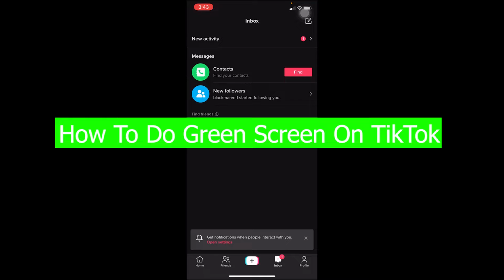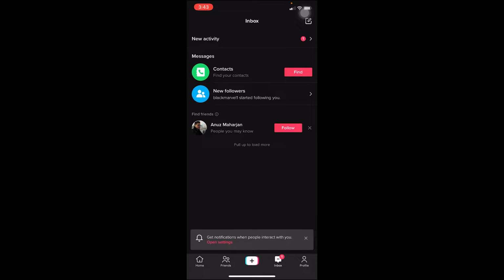And in today's video I'm going to be showing you guys how you can do a green screen in TikTok. So there's an effect called green screen, and TikTok has also separated the column for green screen effect, which made it easier to find green screen effects. And there's tons of green screen effects on TikTok. You can choose whichever you want, but I'm going to be showing you the one which most people use in